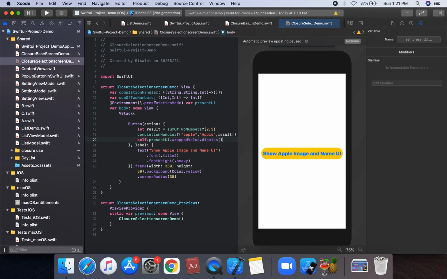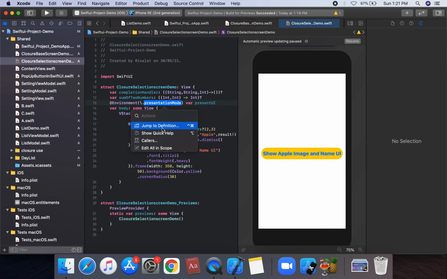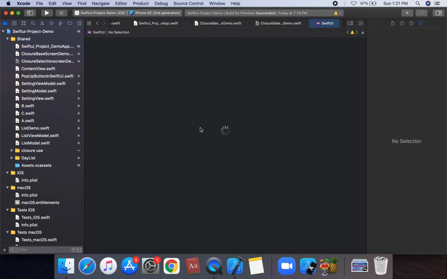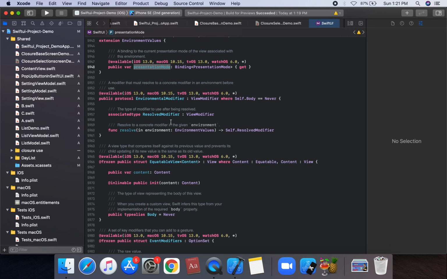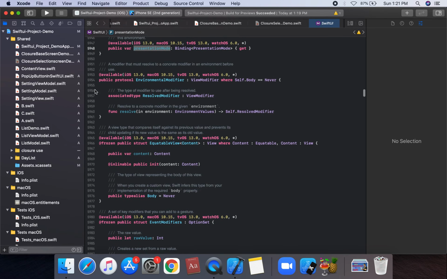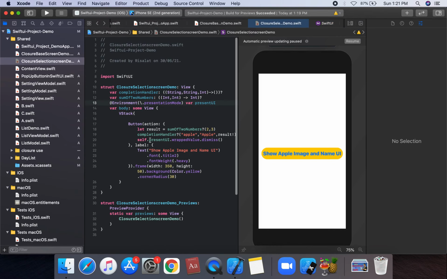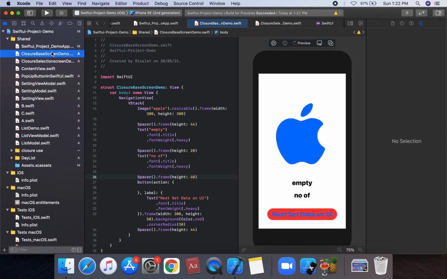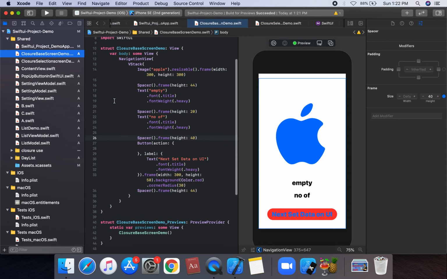So presentation mode is defining this UI. We can tap on the event. We can check the presentation mode on the UI. Presentation mode has two properties. Firstly is value, and this is zero. We can use the presentation mode, dismiss call and isPresented call. We can use the dismiss. So we can compare it on the UI of this selection handler. We can go to the demo project base screen, the UI show screen.